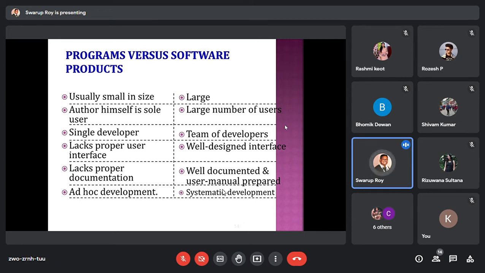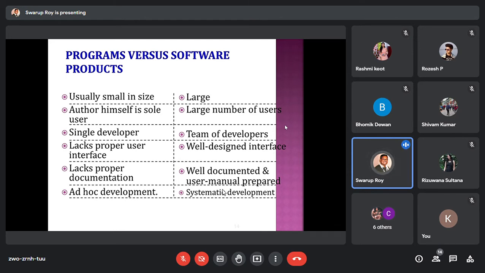Why is it so? Because the task of software development does not end with launching the first version, which is a starting point. Then they start acquiring the experiences of the users. They try to get feedback from the users, collect it, analyze it, find out the major issues from there, and then go for corrections, rectifications, upgradations, and then come up with updates of the software or app.